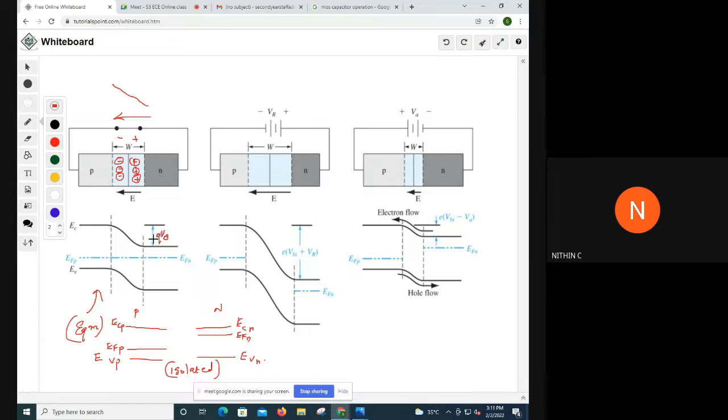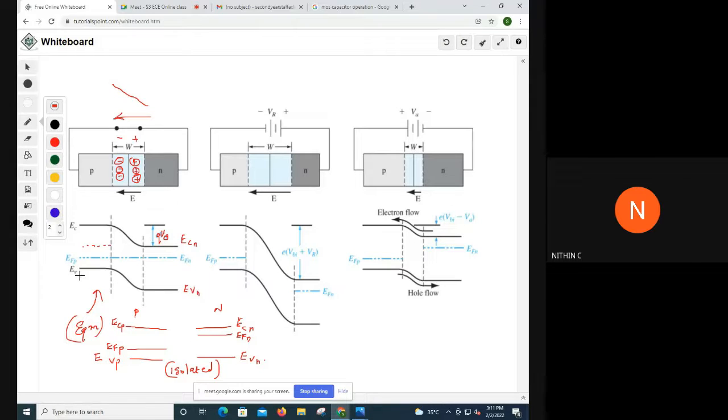QV0 energy is required. So that is the case of equilibrium, and you can draw the EI case also. EI will be the same pattern. That will be lying at the exact middle of EC and EV. So it will be like this. EI, and it will be in the middle of EV, and this is ECN,